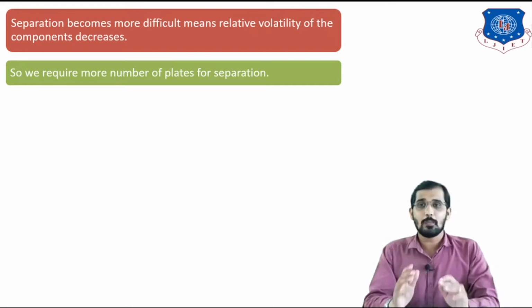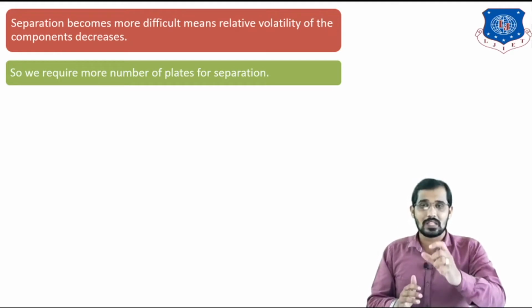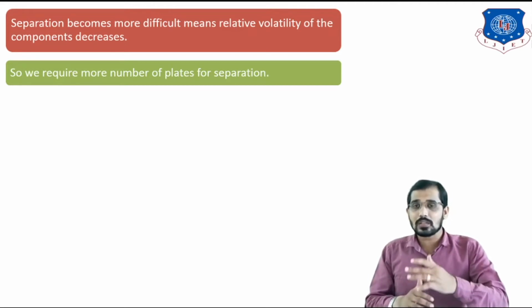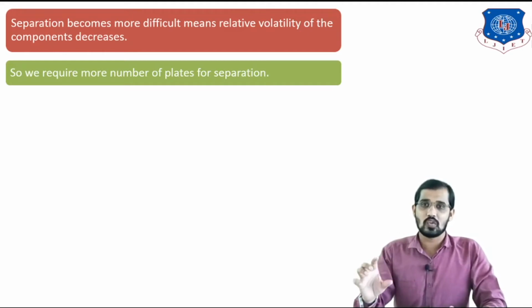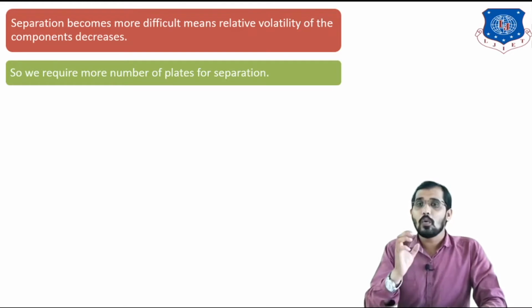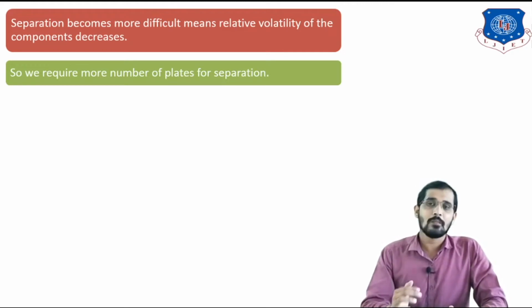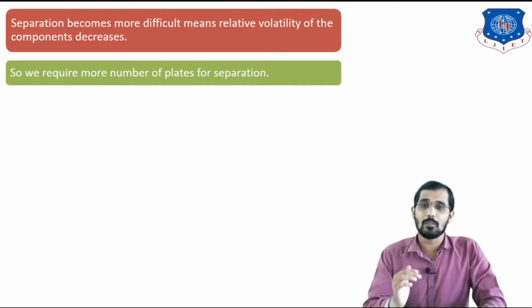I am repeating: suppose there is a distillation column, we are separating the liquid components in the distillation column by using temperature. At minimum temperature, whatever component we are separating by using a distillation column, that is the normal distillation column, for example the atmospheric distillation unit. But for the residual part, that is the high boiling point mixture, to separate that we want to reduce the operating pressure, means we want to operate our distillation column under vacuum. So this is nothing but the impact of the operating pressure.